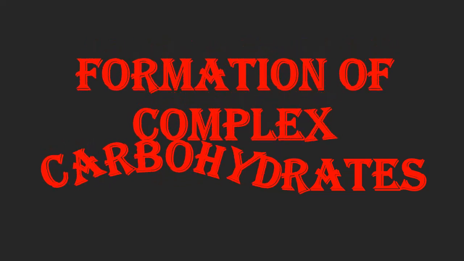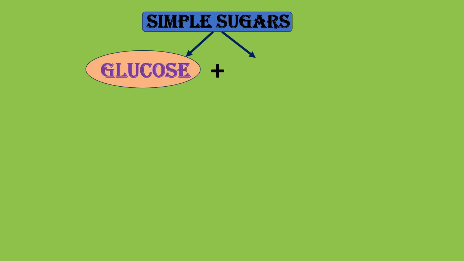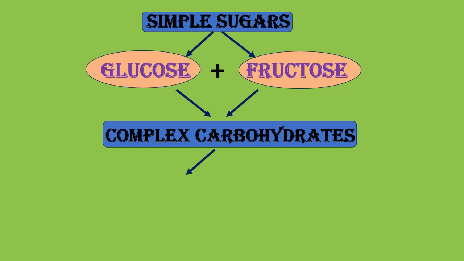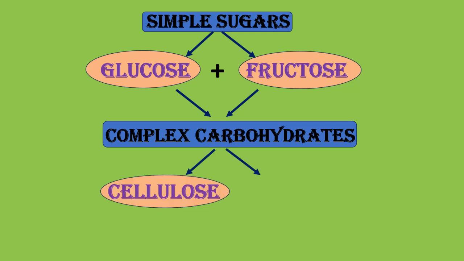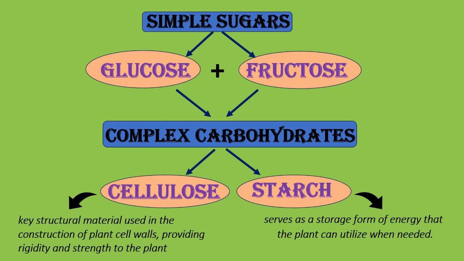Formation of complex carbohydrates. The simple sugars, glucose and fructose, can combine to form more complex carbohydrates such as cellulose and starch. Cellulose is a key structural material used in the construction of plant cell walls, providing rigidity and strength to the plant. Starch, on the other hand, serves as a storage form of energy that the plant can utilize